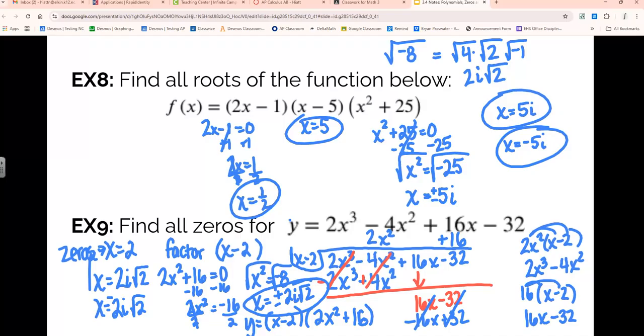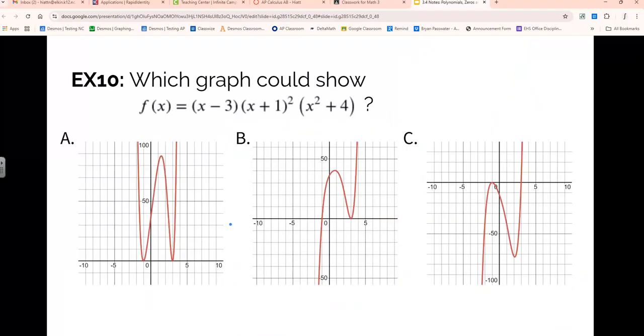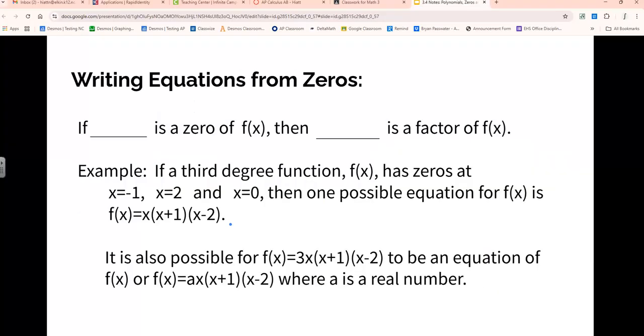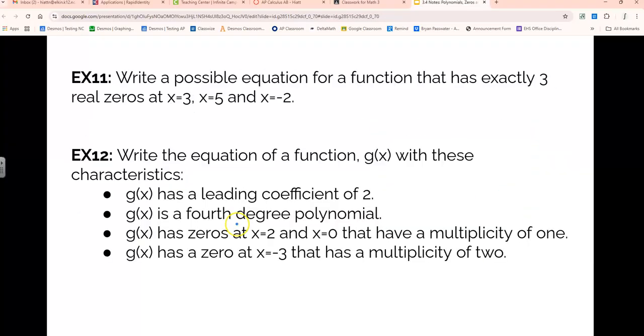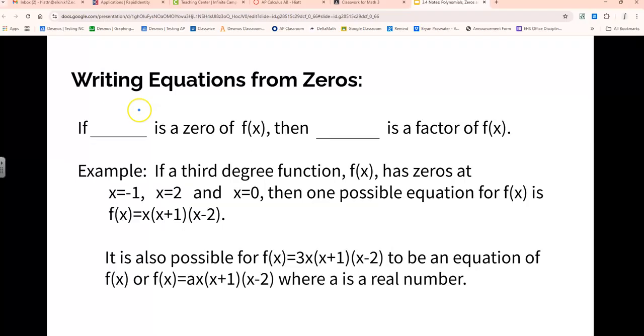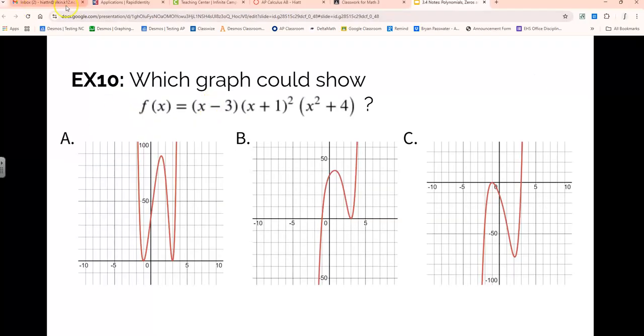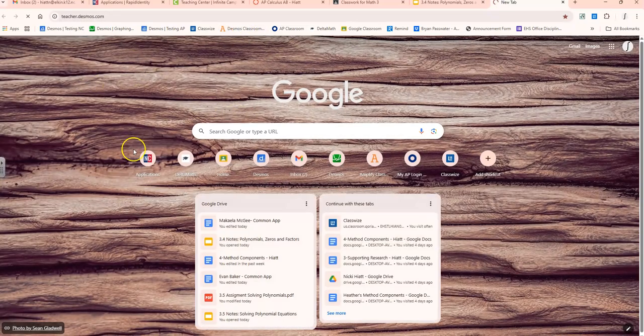Okay, questions there? Okay, we're going to keep going with some of these other things in a second, but I would like for us to pause so you can practice this a little bit before we go on to the end of these notes. So if you will go to your Amplify,